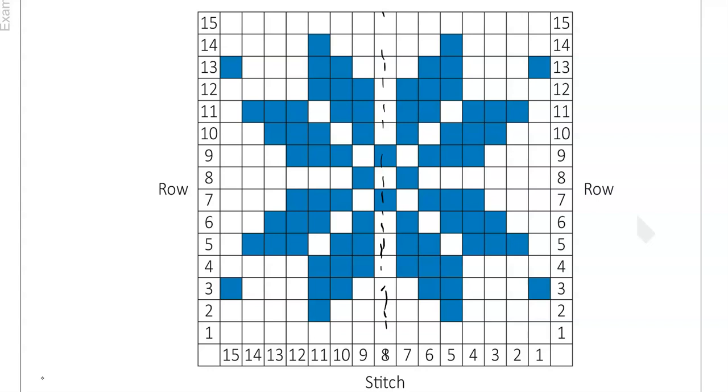So we need to observe, and all looks fine. Let's add another line of symmetry here and see the upper part reflects the lower part, and that still seems to be the case. Now I'm going to add another line of symmetry like this,